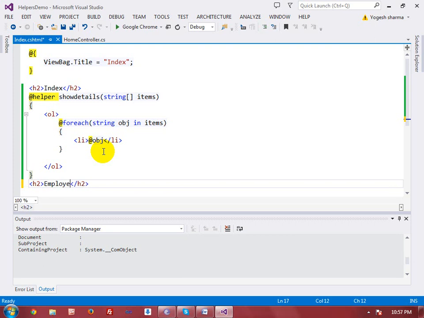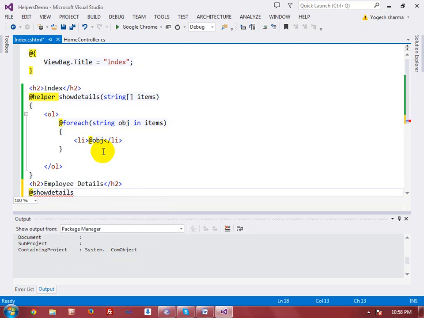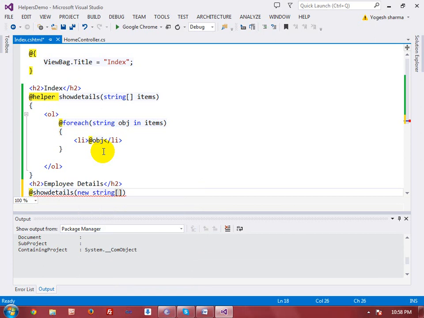I am creating an h1 tag, Employee Details. Okay, I am calling that method, which I just created, to show details, passing an array with some values. To create an array I have to use new string, and I will initialize it with some values, like